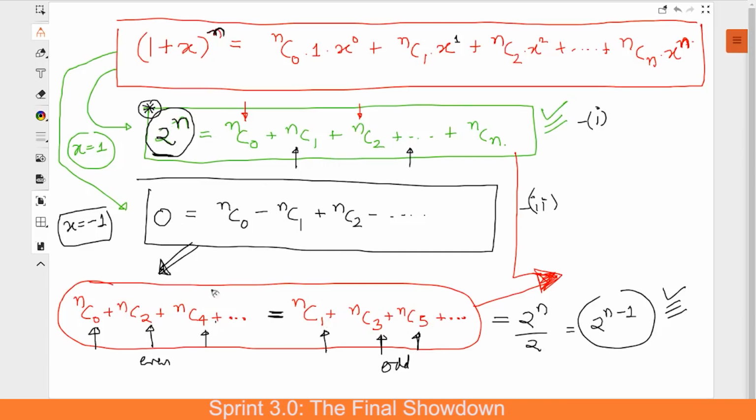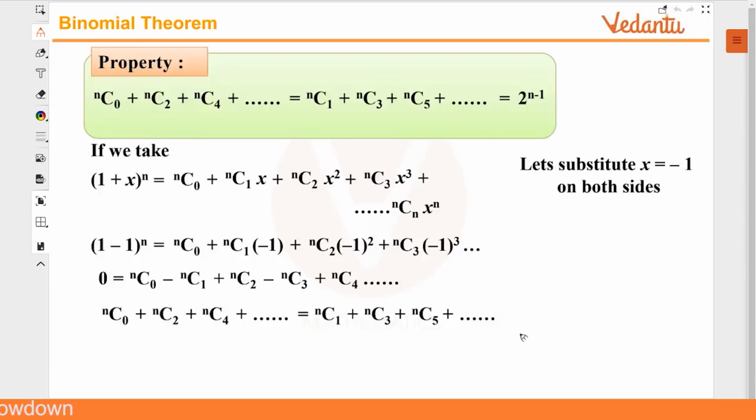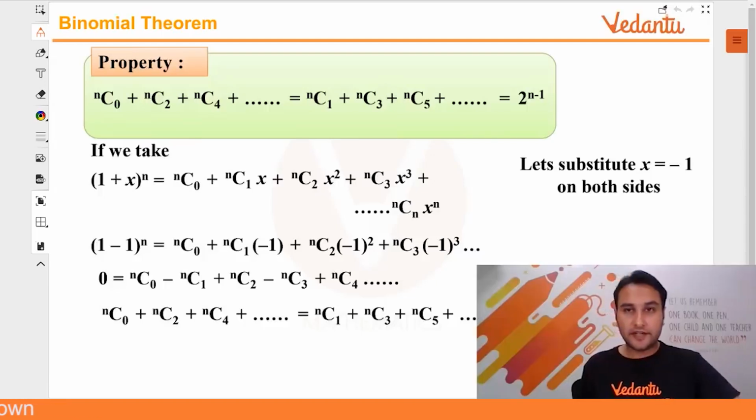But do you realize that the summation of this plus this is equal to 2 to the power n? If I call this entire thing x and this entire thing y, then this is x plus y, right? Agree? So basically what is x? Half of this. This is x, this is also x, this entire thing is 2x. So what will be x? 2 raised to power n by 2, hence it is 2 raised to power n minus 1. Cool. So this is our second property. So remember this second property. Clear?